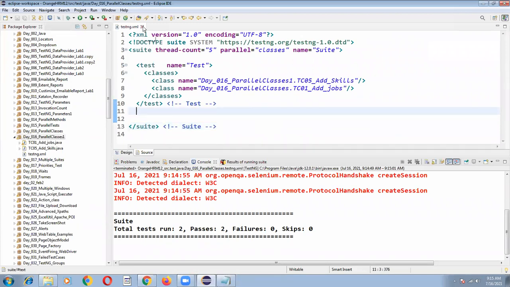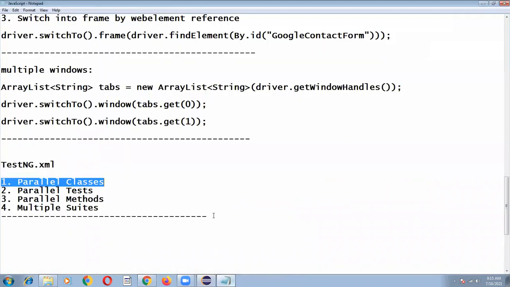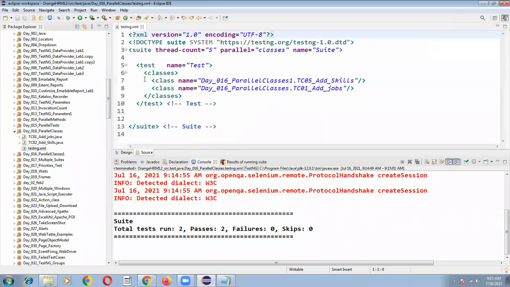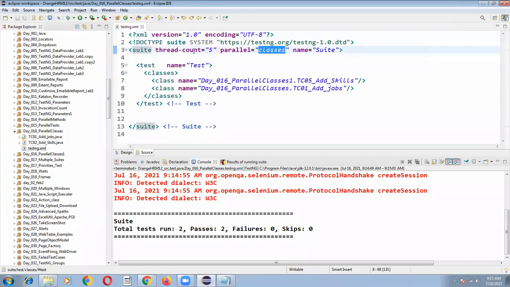Okay, fine. So now we understood how to execute multiple TestNG classes in parallel. In the interview, people will ask you how to execute multiple TestNG classes in parallel. What you have to explain in the interview: if my testng.xml contains multiple TestNG classes, I will write parallel is equal to classes, thread count is equal to 4 or 5 or 3, so that those many TestNG classes will be executed in parallel. Over. Your answer is finished.